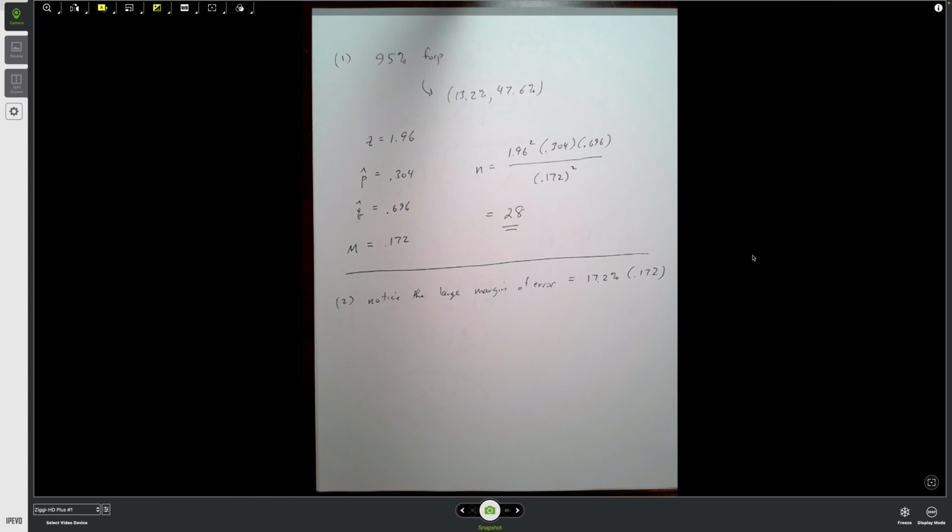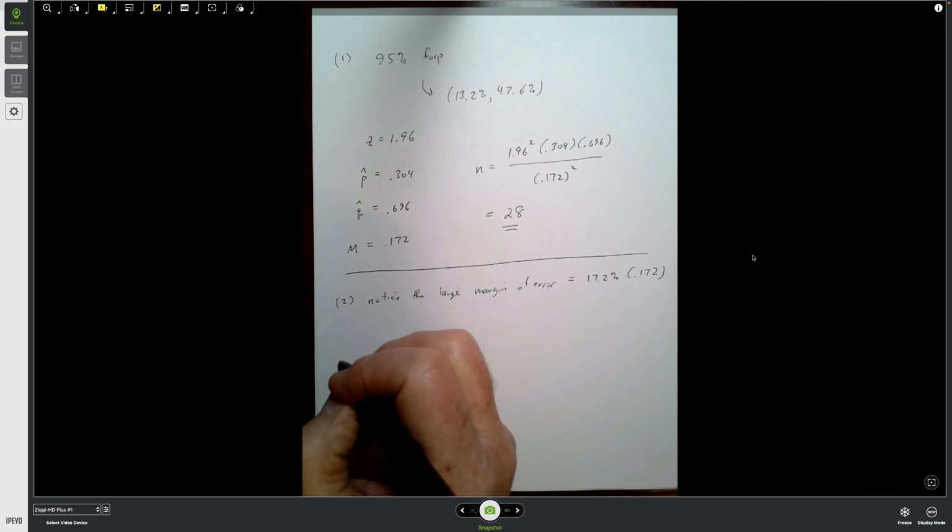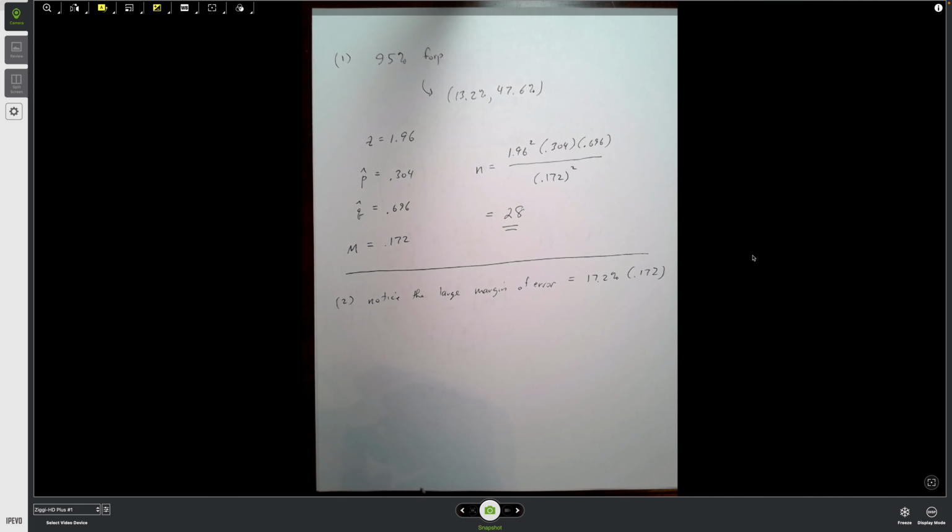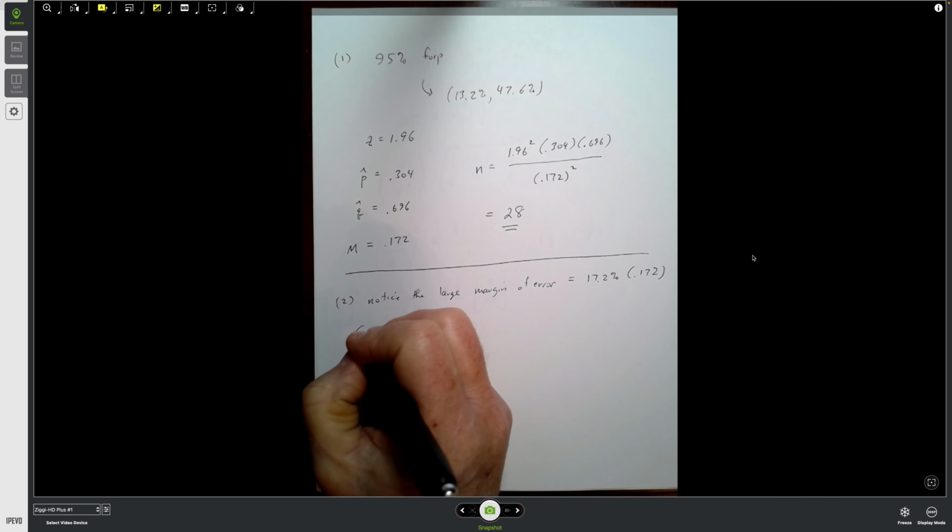Okay, next question. Notice the large margin of error that we have: a margin of error of 17.2%, 0.172. I typically, and most stat nerds, don't want a margin of error that high. We typically want a margin of error of about 3% to 5%. So the purpose of this particular problem is, let's say we have a goal,